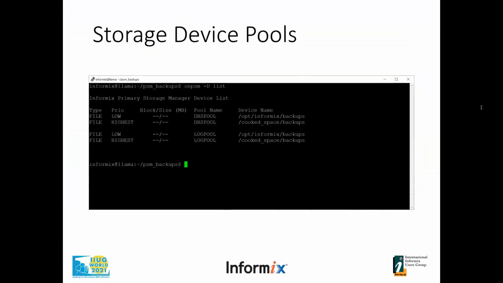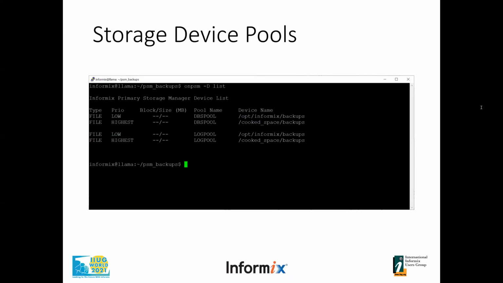So storage device pool, what it actually looks like. You have onpsm -D list. This is listing the storage devices. You see here we've got two pools, the data pool, the DBS pool, and the log pool. Each of those has a separate file, actually a directory we're backing up to. By default, if you don't specify it, it'll create it under the Informix PSM or Informix backups directory. And then what I did is I left those in place and then added a second device under the Cookspace